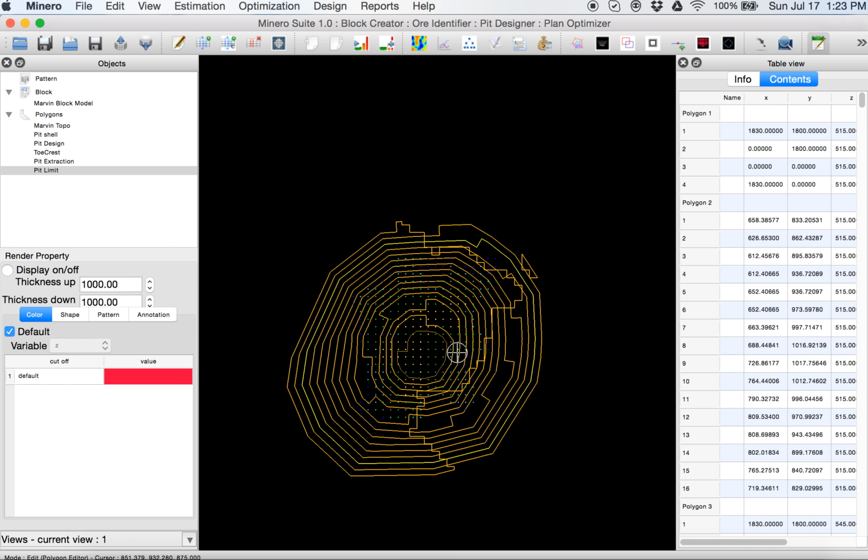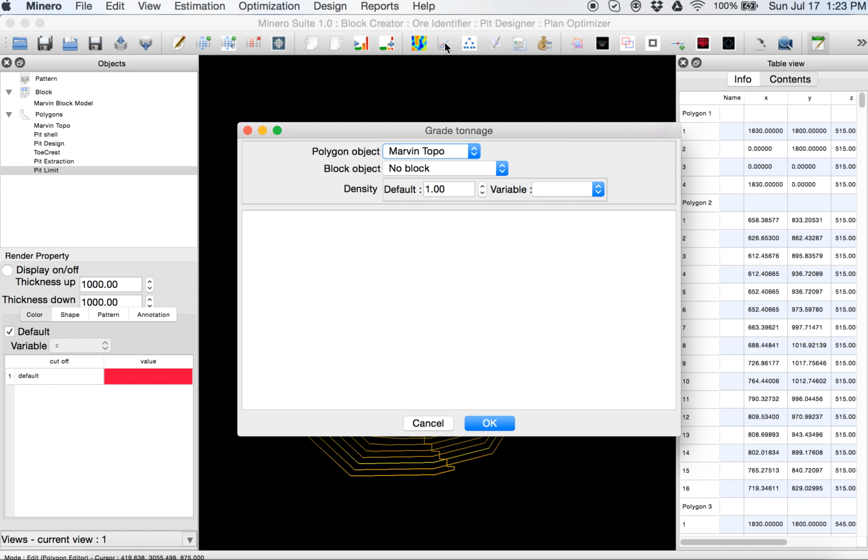Something that engineers would like to see is how can I get grades and tonnage or reports from the pit extraction polygon. Using Minero grade tonnage report, we can get that information in detail. So we have here in reports grade tonnage.